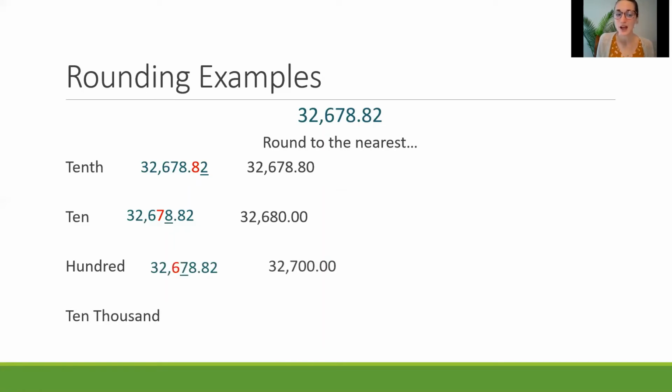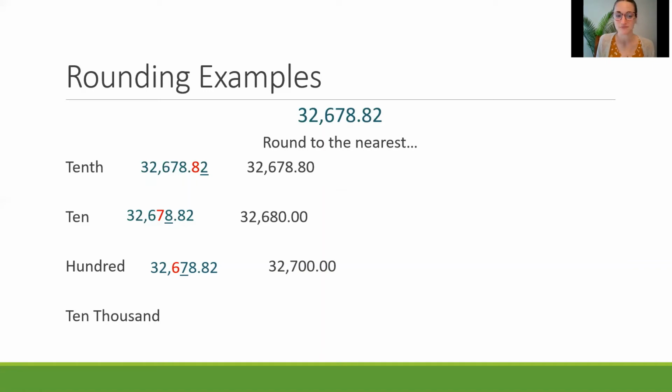Now if we round to the 100th place, we see 32,678 and 82 hundredths, and the 6 is in the hundreds place. So with that, we look at the 7 to the right of it. 7 is greater than 5, which means we're going to bump that 6 up one number to a 7, change everything else to zeros, and it becomes